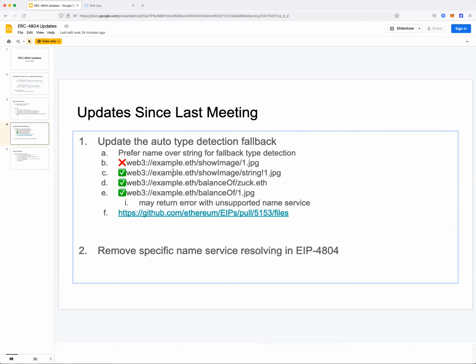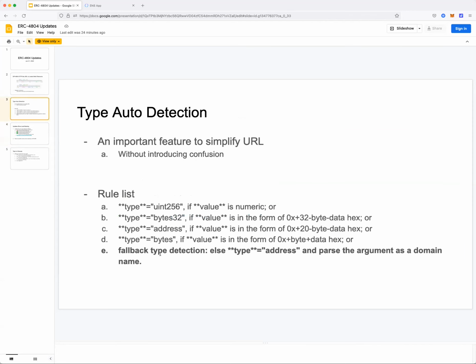Because if somebody just defaults the input in there, without specifying every single type and making a URL very long, then it will probably cause some error at some point by something being interpreted as a U_256, a bytes32, an address, bytes, or an ENS address, or something different, right? So as long as there's no explicit type, then it will apply this auto detection rule.